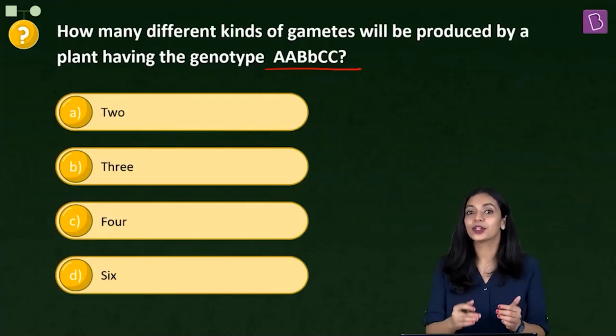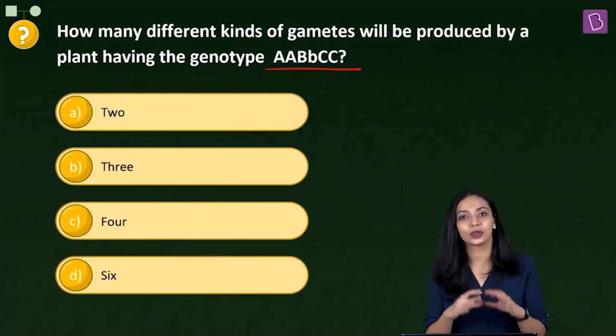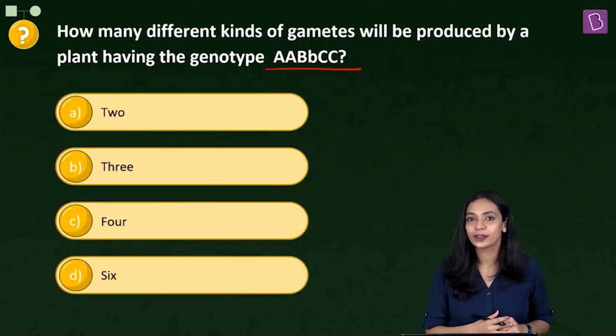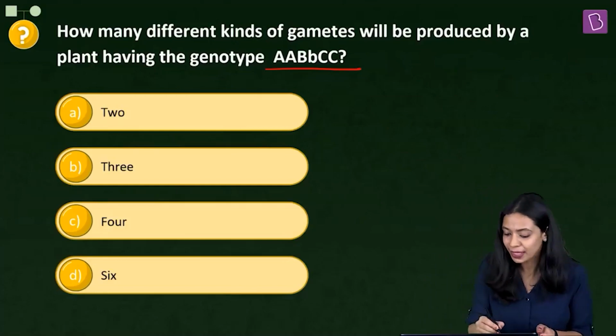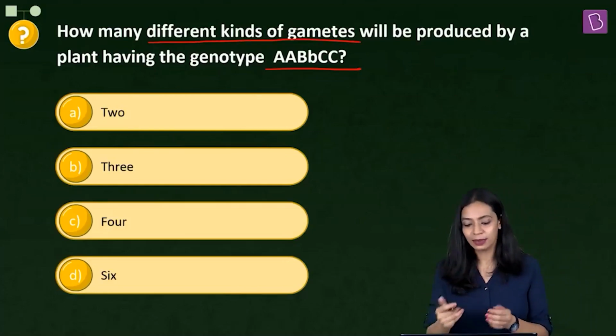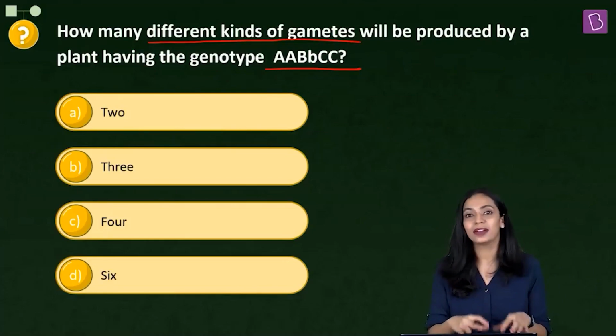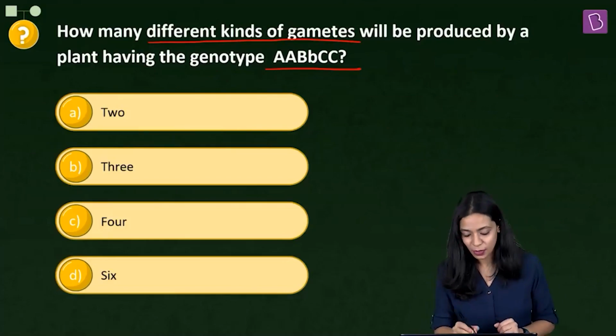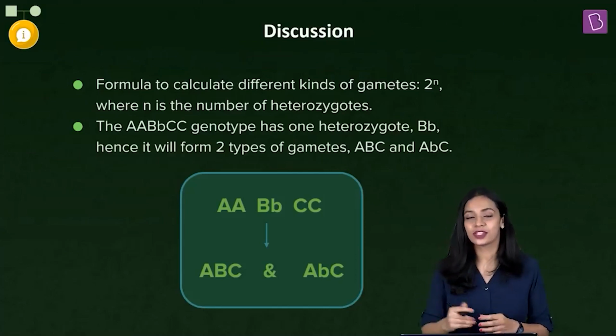Now, what is it that is given to us in the question? We are given the genotype of a plant. What are we required to find out? We are required to find out how many different kinds of gametes is possible to be produced by this particular plant having this genotype. Okay, so in order to arrive at the answer to this question, we must be aware